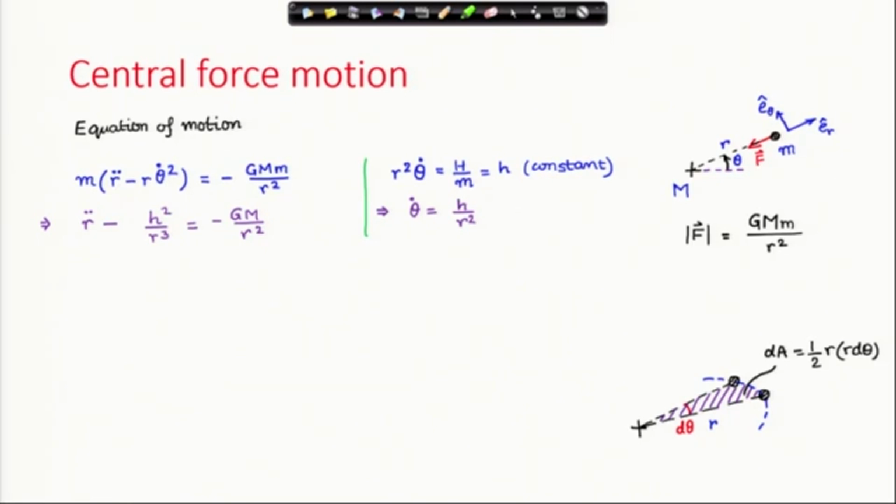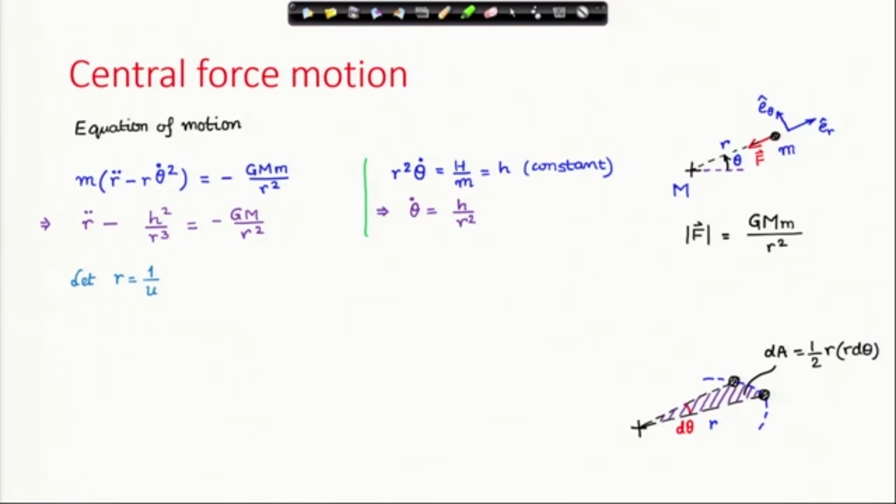So, this is our governing equation for r. If I can solve this equation, then I can use this to solve for theta. Suppose I can solve the r equation, then this equation I can use to solve for theta. Now, this appears to be very highly nonlinear, r double dot, and there is 1 by r cube, there is 1 by r square on the right hand side, etc. But it so happens that this equation can be transformed into a very simple form. Let us look at that transformation.